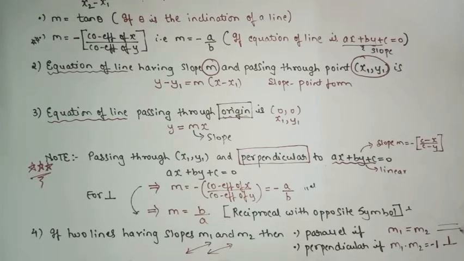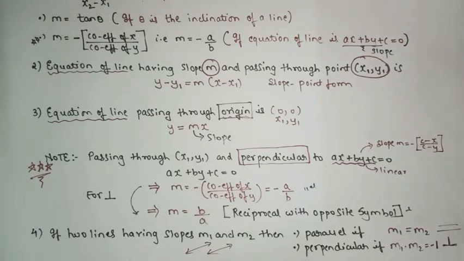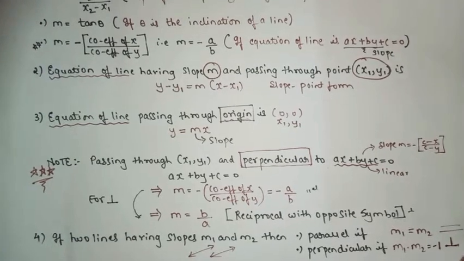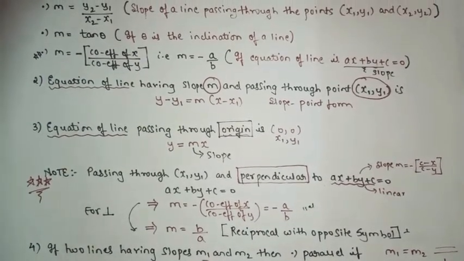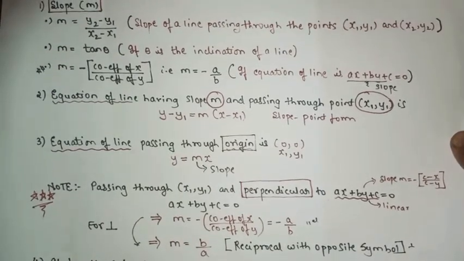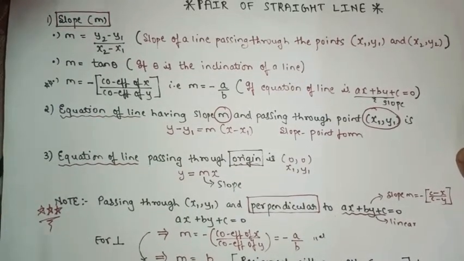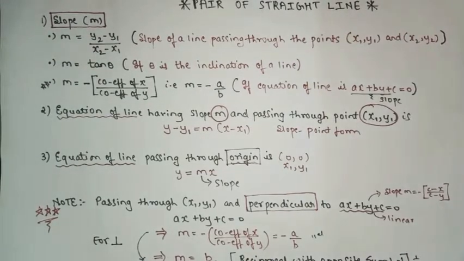If you want to show that the two lines are parallel, you simply show that the slopes of the two lines are equal. When the slopes of two lines are equal, then the lines are parallel. If the product of two slopes is equal to -1, that means the two lines are perpendicular. So these are the basic formulas, the basic concepts which you have to remember. All of this will come in the exercise when you solve the sums. And I hope you all know these formulas from the 10th standard. Got the point?